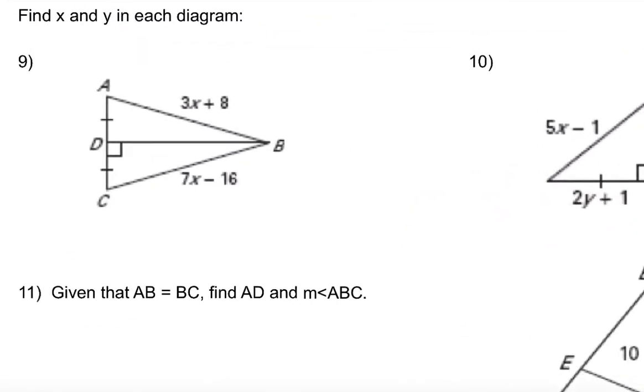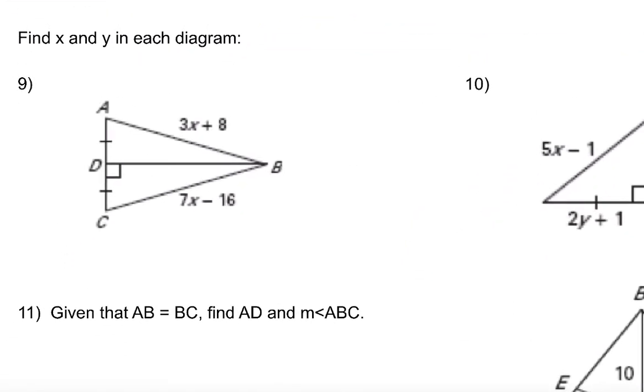On number 9, we have enough information in this image to be able to tell that line DB, because it is making a right angle with line AC, and because it is also bisecting segment AC, and we can tell that from those congruent segments, that tells me that DB is a perpendicular bisector. What I know about perpendicular bisectors is that any point on the perpendicular bisector, such as point B, is equidistant from the endpoints of the segment it is bisecting. And this will allow me to know that segment AB is congruent to segment CB, and that lets me set these expressions equal to each other